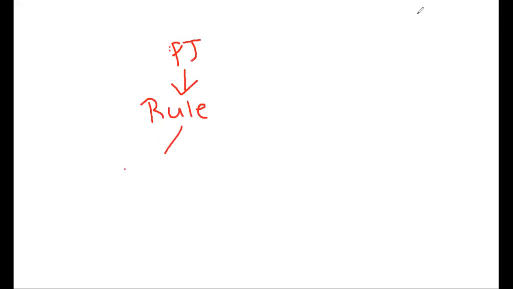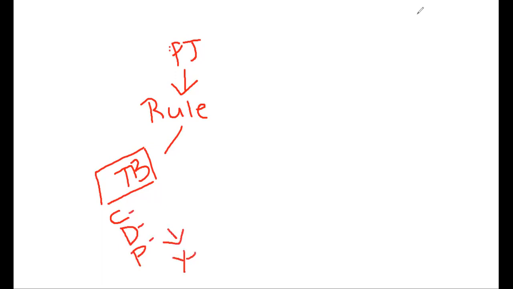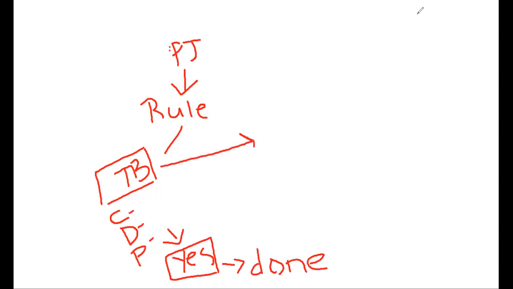And then we're going to go to our traditional bases. And remember, traditional bases are consent, domiciled, and presence. Okay? If yes to any of these, then we are done. Of course, we're not going to get something that deals with this, but if yes to any of these, you are done with your analysis. Okay? Now, if no,